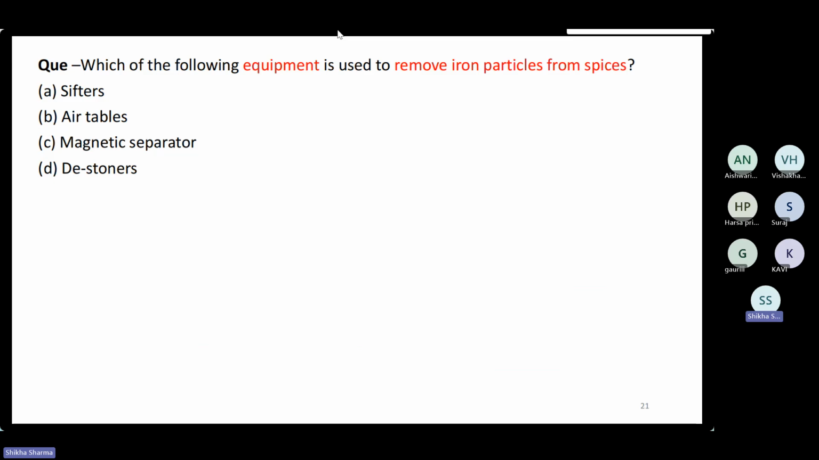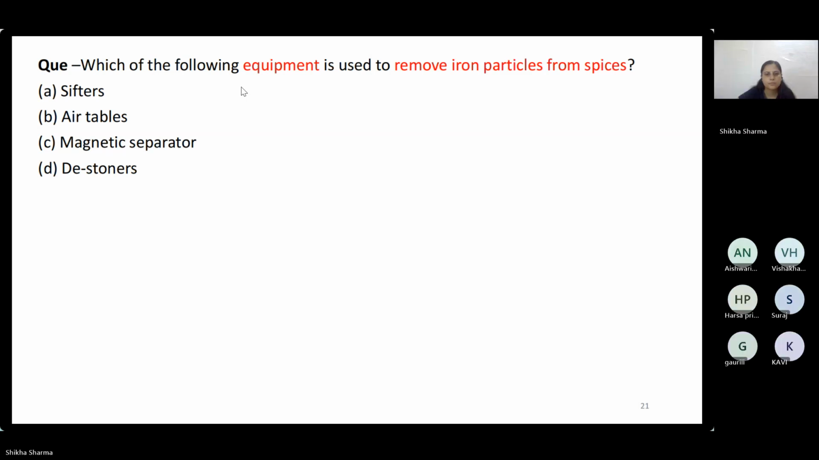Let's move to the next question. Which of the following equipment is used to remove iron particles from spices: sifter, air tables, magnetic separators, or destoners? Suraj is saying C, Kavi is saying C, magnetic separators. Vishakha is also saying C. Okay, so everyone is saying C,